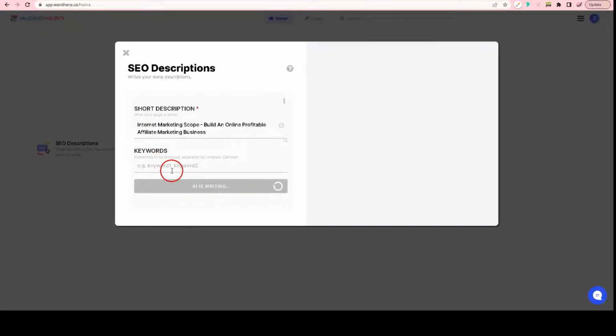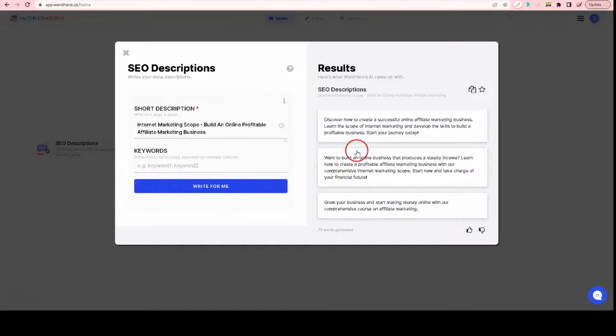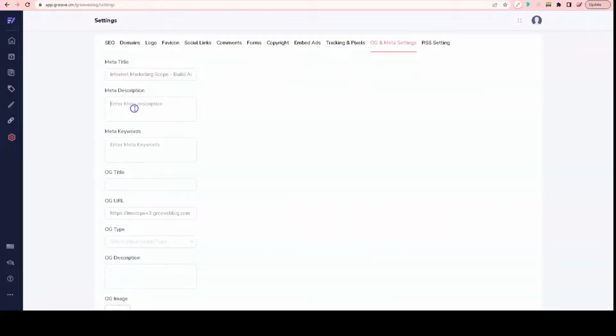Here is where you can add keywords, but it is not necessary. So, want to build an online business that produces steady income? Learn how to create a profitable affiliate marketing business with our comprehensive course. Let me see. Discover how to create a successful online affiliate marketing business, and let me copy this and paste it in the description. And for the meta keywords, I already have my keywords, but you should do your own